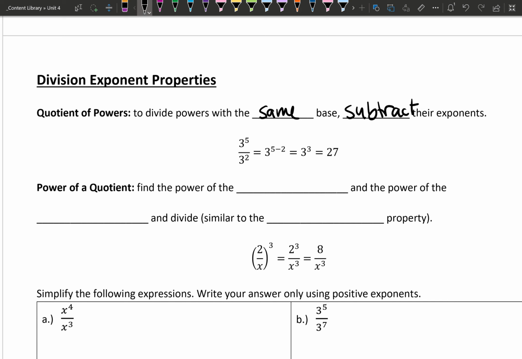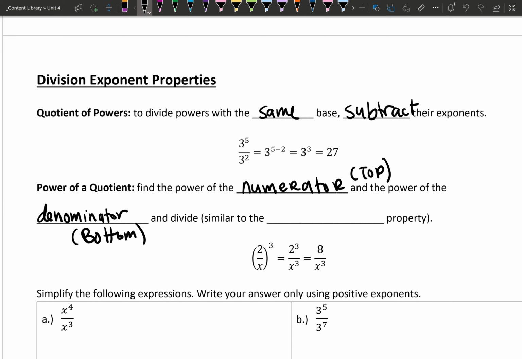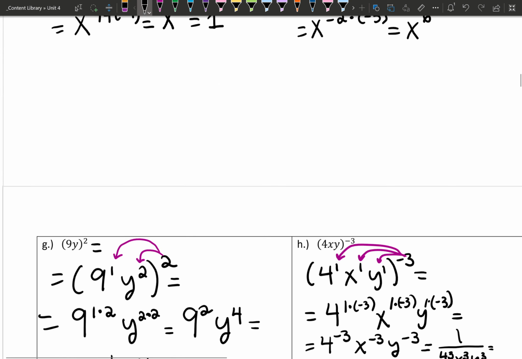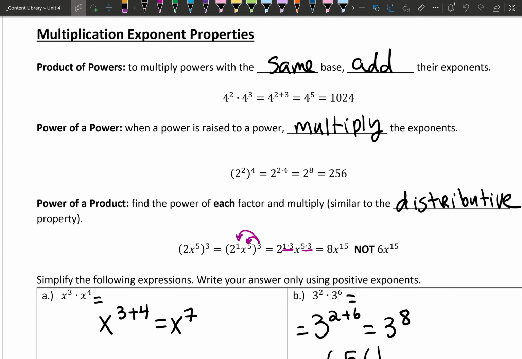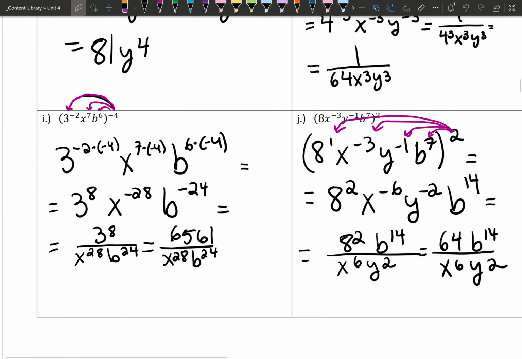Power of a quotient. To find the power of the numerator, which is the top, and the power of the denominator, which is the bottom, and divide. Similar to the distributive property. Now again, just like in power of the product, it's similar to the distributive property, but it is not